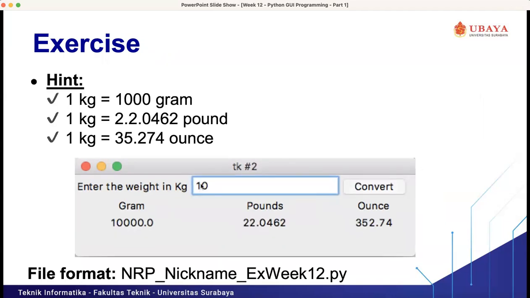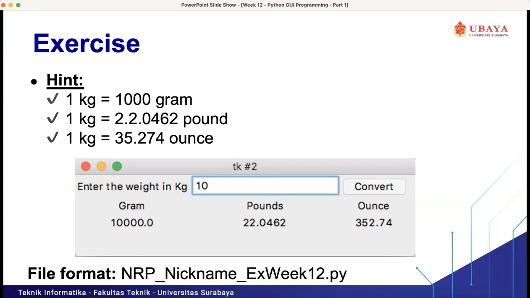For example, if we put in 10 kilograms, it will equal 10,000 grams, 22 point something pounds, and 352 point something ounces. You need to format the homework with this file format, and you have 1 week for this homework, Kathleen.